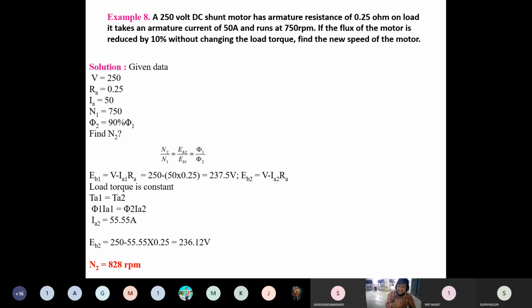So you have to determine how much extra resistance is added to the armature circuit such that the motor is running this type of load, this much of speed, right? So once I look at the problem, a shunt motor runs at 1200 rpm on a 420 volt circuit. So they have given N1 is equal to 1200 rpm, V is equal to 420 volts. Now current taken is 30 amperes, that is IA1, in addition to the field current. So what resistance must be placed in series with the armature circuit in order that the speed may be reduced to 600 rpm, right?